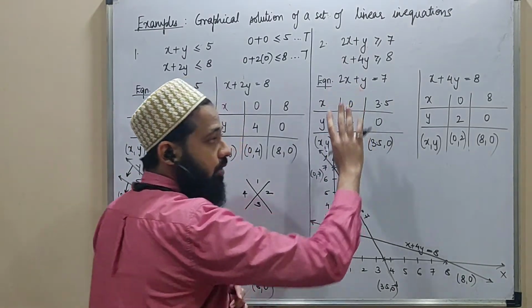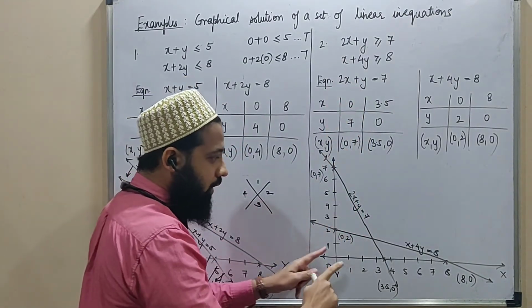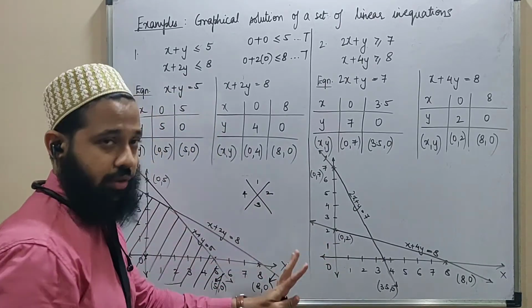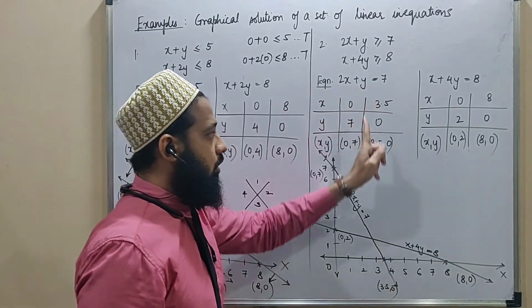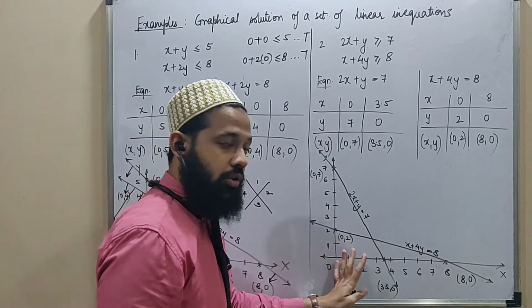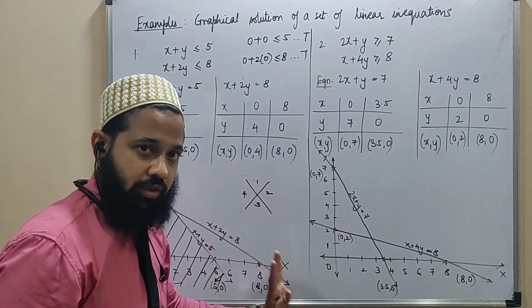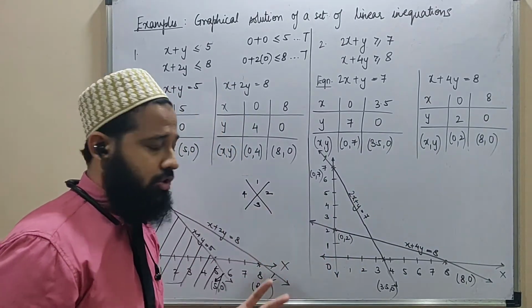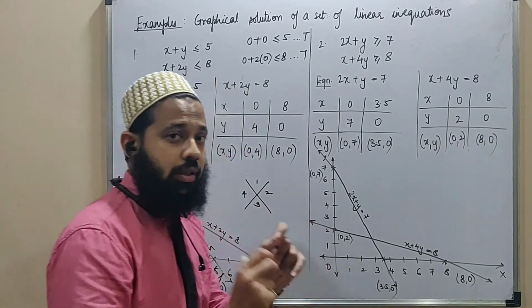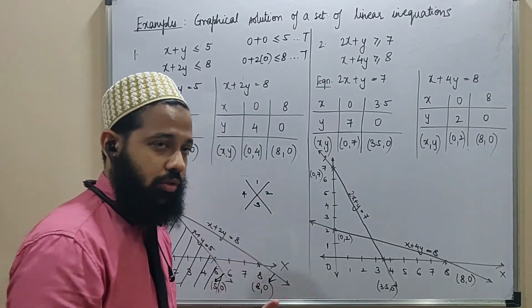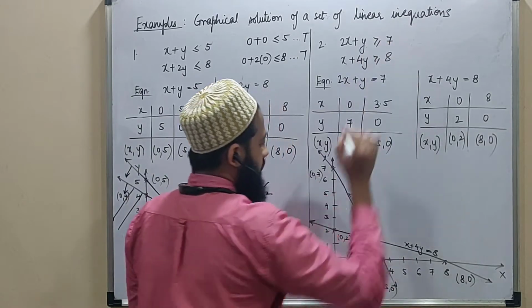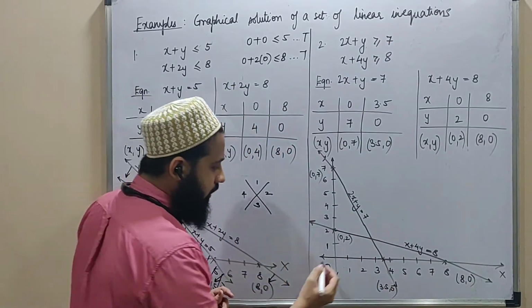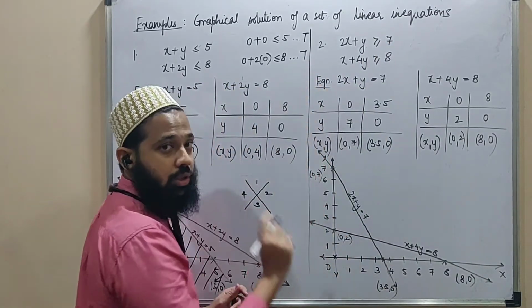Entire system of solving until the point where I've drawn the lines remains the same. Equation, coordinates, lines on the graph paper remains the same. So we just skip that discussion and we go to the point directly. That is to get the answer of the region, common region. Okay. I'll again do the same thing. Take the 0, 0 and put it one by one in each of the inequations.